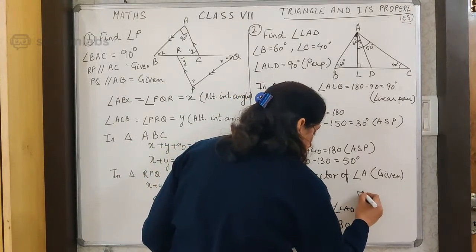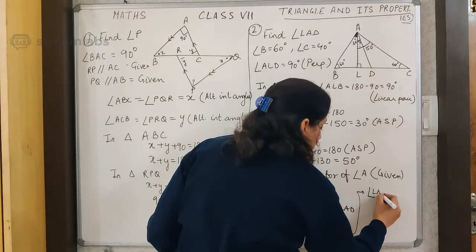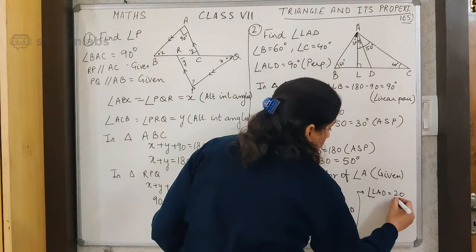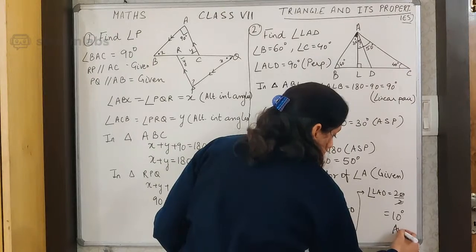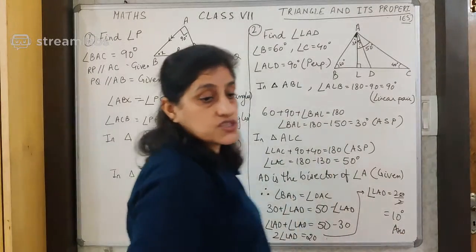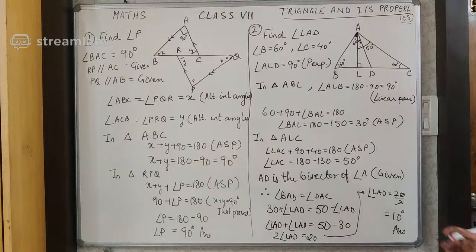Therefore, angle LAD is equal to 20 upon 2 is equal to 10 degrees is the answer. A very nice question again. You can have a look at this question very carefully, and if it is clear,